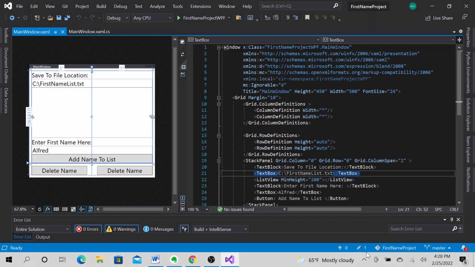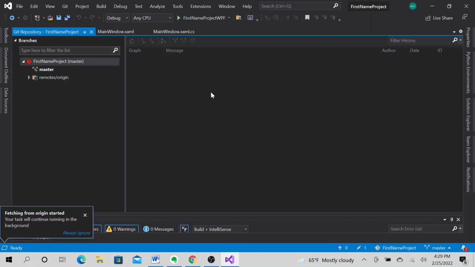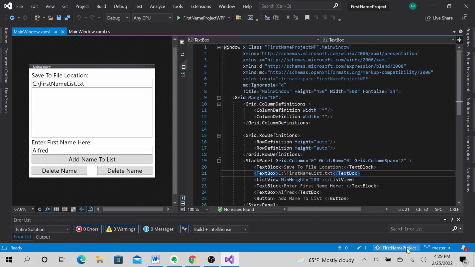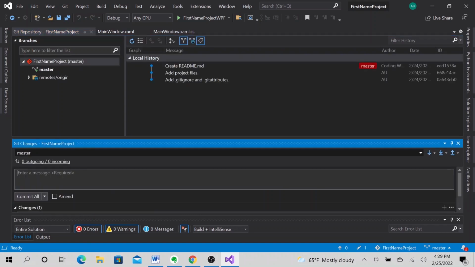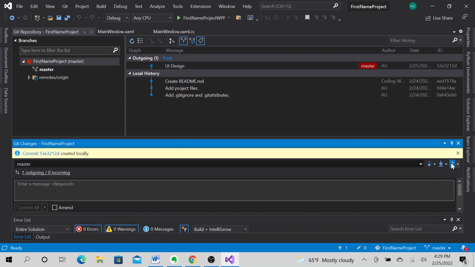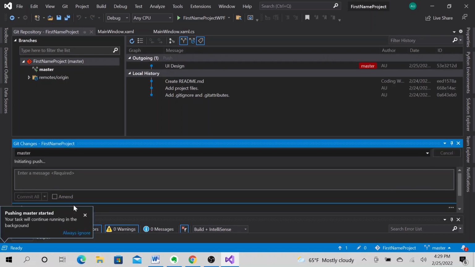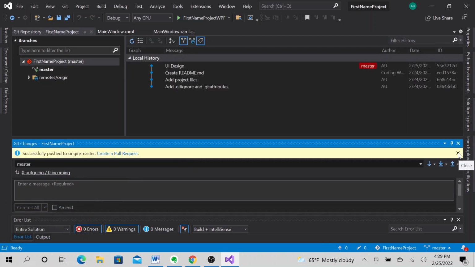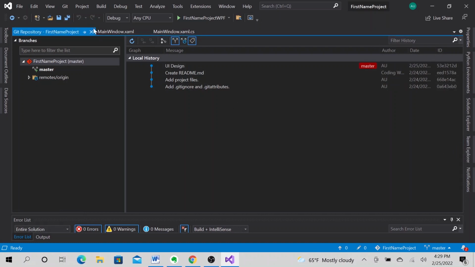I did not commit it, but before I do a commit, let's go ahead and do a fetch request. So nothing is staged. Now we can commit this and call it UI design, commit all. And I am also going to push it to our repository, which is fine. So now that we have all that taken care of, basically cleaning up from where we stopped last